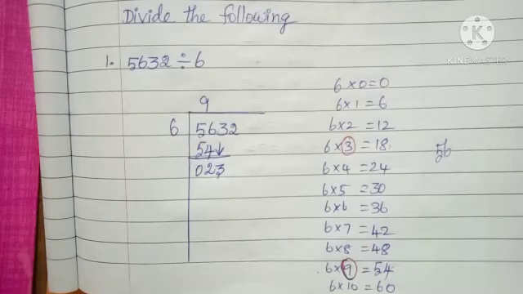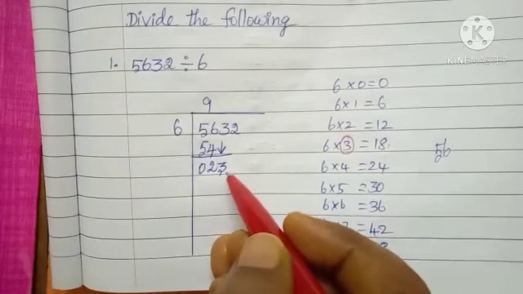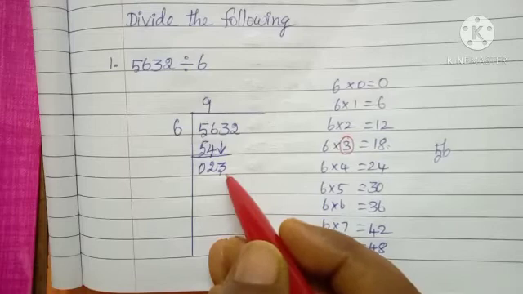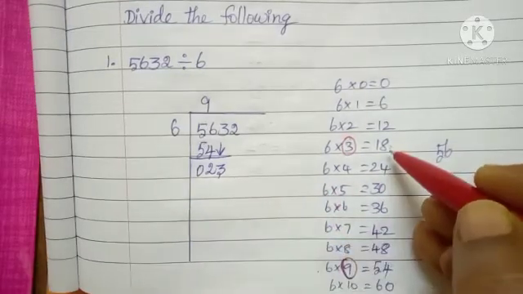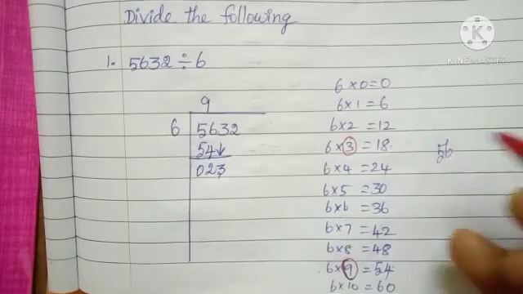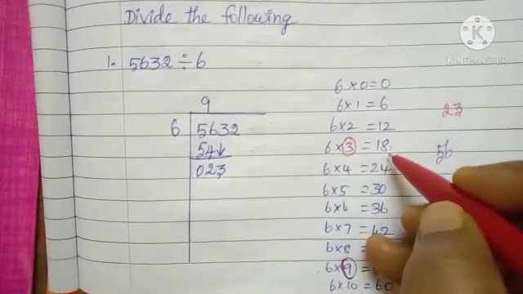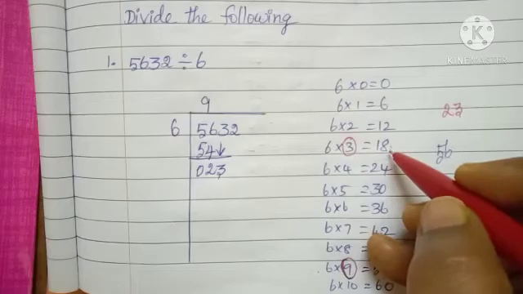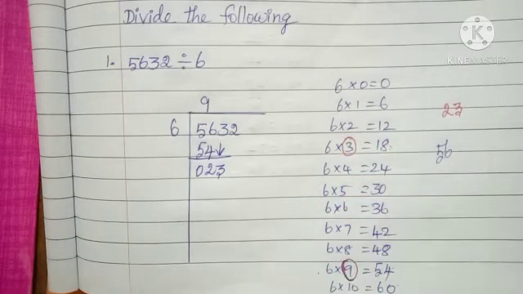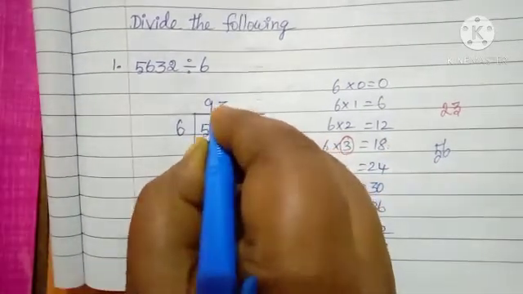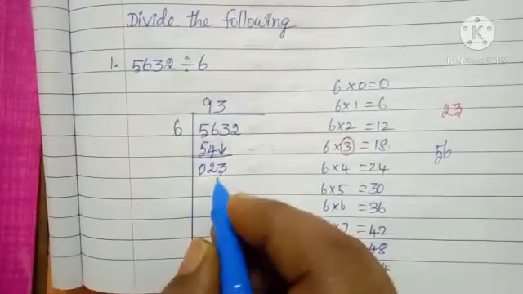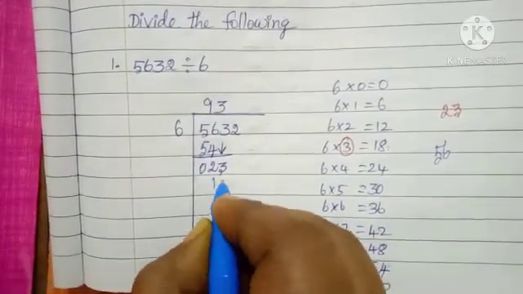Only write the number before, meaning use the table. Otherwise you know the number is 23, and before it 22 is not possible. Only numbers coming in the 6 table you write, before the number. But the number is 23, and here we get 18. So 3 times. 3 times 6, 3 6s are 18.